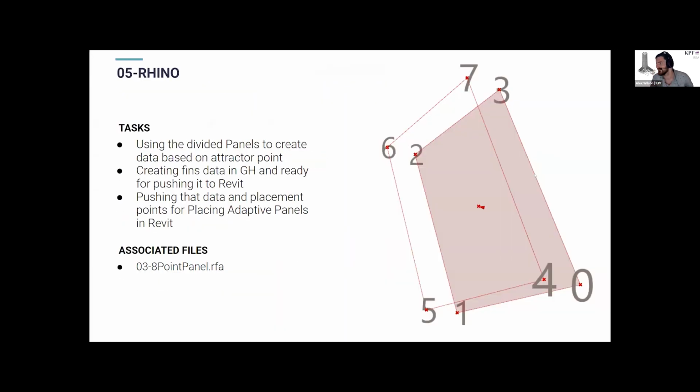So unfortunately we've run out of a bit of time. The next step was to create the 8-point panel. We're giving you guys all these files, so feel free to jump in and dissect them. As you start to add complexity, we also start loading in families. So in the very first example, you saw the profile come in to create the sweep. In the second, as we started to add the 8 points, and as we added the transom, we